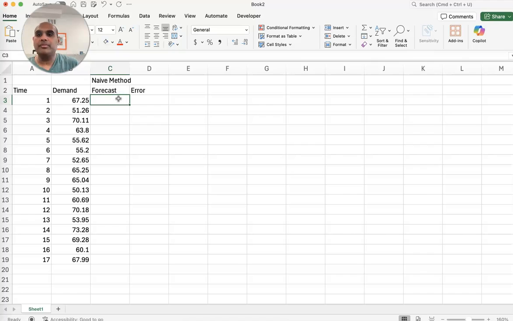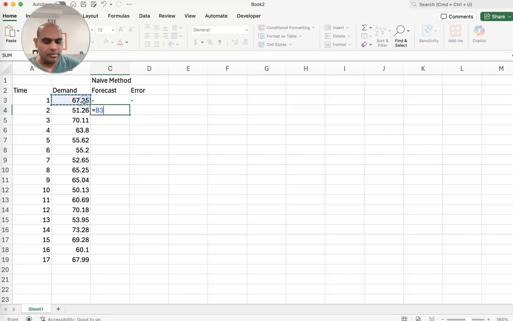So forecast in the naive method, you're saying that the forecast for any time period is exactly the same as the actual demand that you had in the previous time period. So for example, if your demand in the first time period was 67.25, then your forecast for period 2 will be 67.25. The forecast for period 1, we don't know. So I'm just going to say we don't know the forecast because we don't have that data. Because you need at least one data point to start making this forecast, there won't be any forecast for the first. No forecast, no error in forecast. Right, progressing. So in period 2, the forecast will be exactly the same as the demand of the previous time